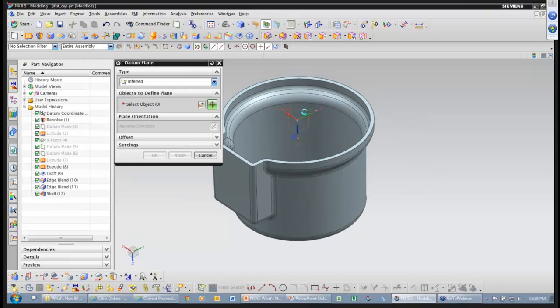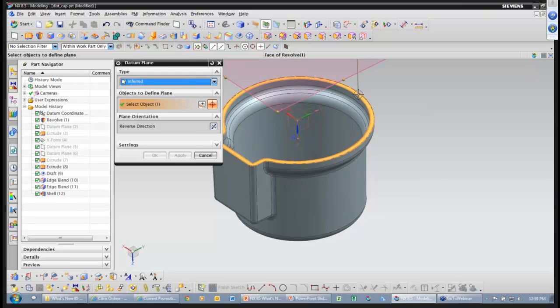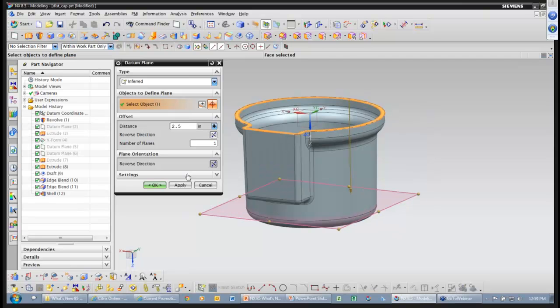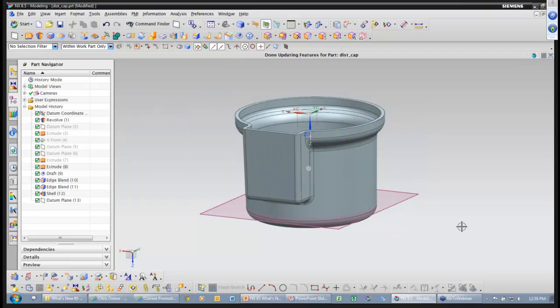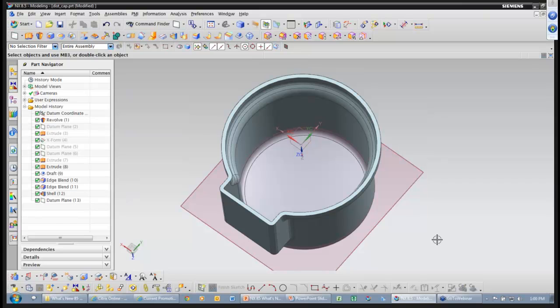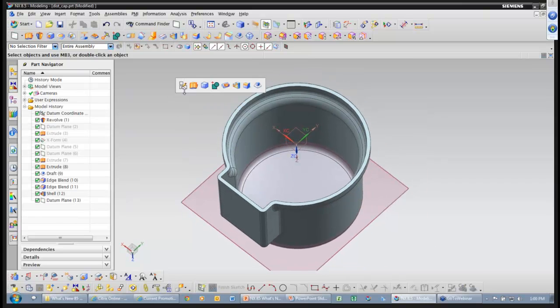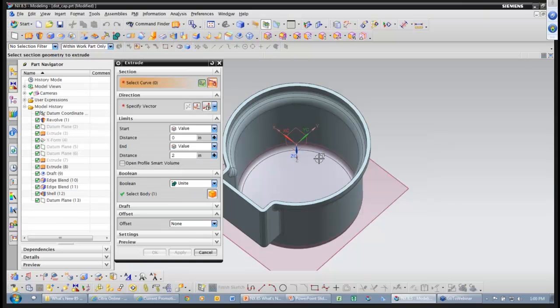What I want to do is create a little rib down in there. I'm just going to create an offset plane 2.5 inches down there. I want to create a rib that runs all the way across that part, maybe a strengthening rib or part of a network there. And I'm just going to go to extrude, and we'll look at the open profile,